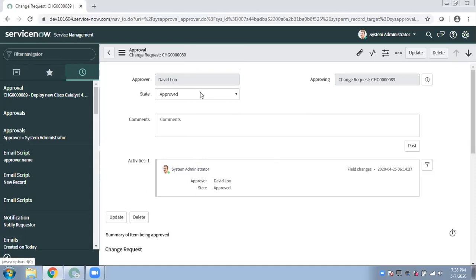Now here is a different recipient and use case. As soon as the request is submitted, the submitter or requester should get a notification. You can achieve that through the insert or update feature of notification, because the record is getting inserted, so you can trigger the notification on insert.